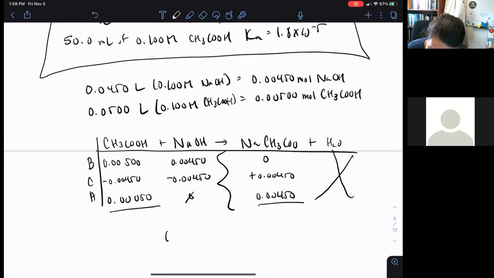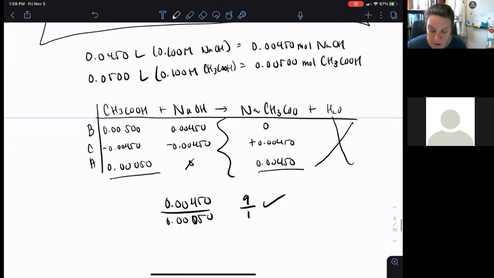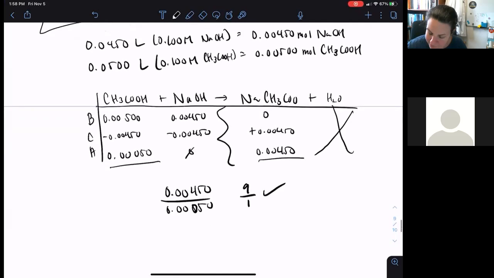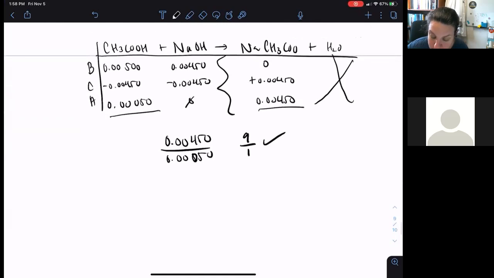If we were to take 0.00450 divided by 0.00050, we get 9 to 1. So that is still within our buffering range. Sorry, buffering capacity. No, buffering range is the first time. So we can use